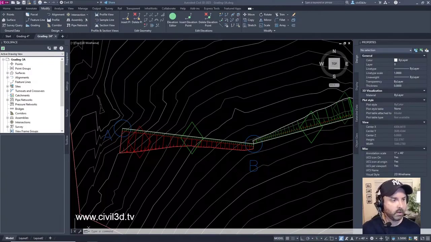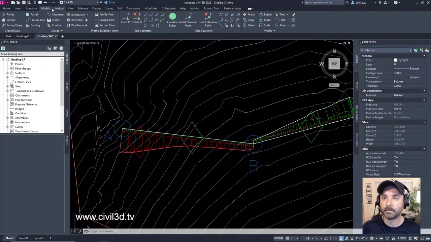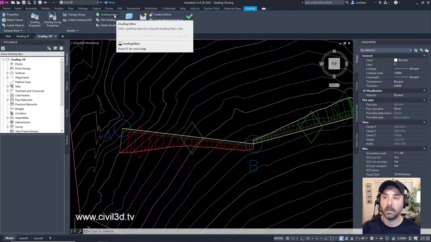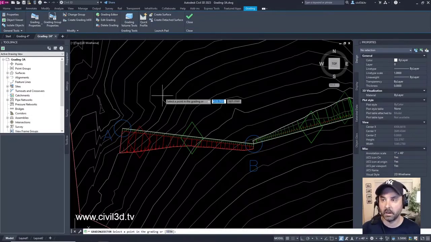Okay, edit the grading criteria. We're in grading 3A. We'll go to the Modify tab. Modify, we're already there. Design panel, right here. Then grading. Select that. Then we can also choose our grading editor in this panel, as you can see here.